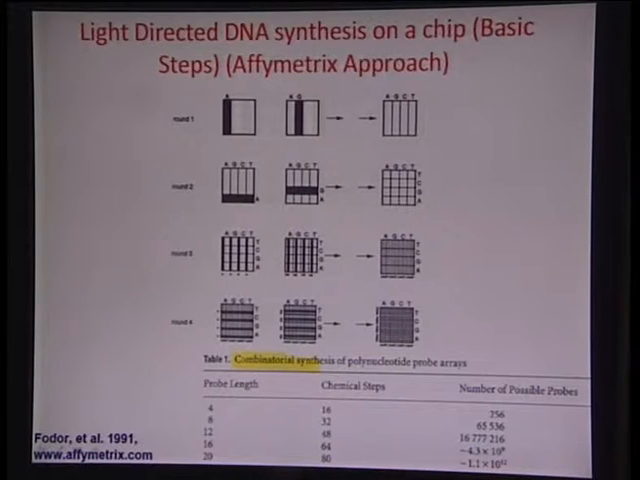So the combinatorial synthesis of polynucleotide probe arrays would essentially mean that a probe length of, let us say, 4 would take about 16 chemical steps, and the number of possible combinations available is 16 times 16. Okay, so it is 256. So essentially what it means is that when you are having a probe length of 4,